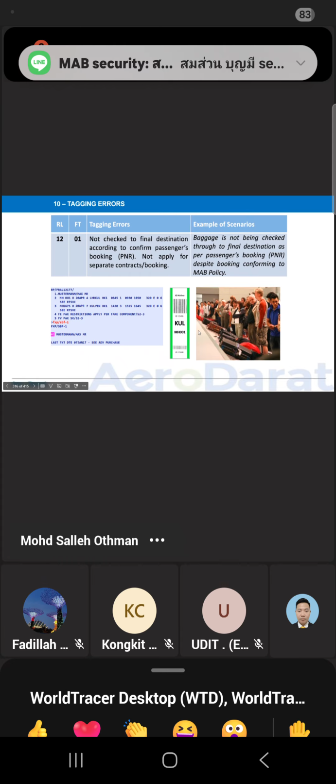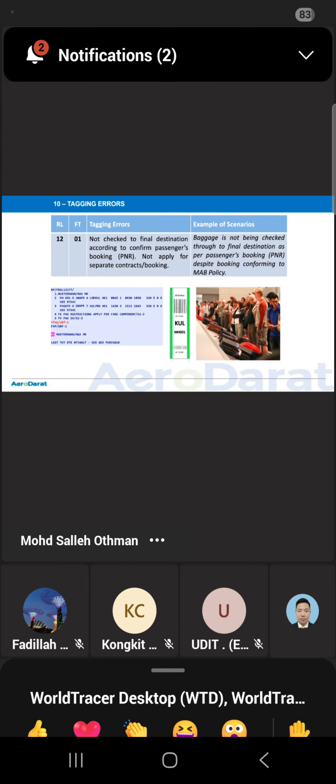So, okay, sir, have a nice flight to Penang. Okay, so we already checked your baggage straight to Penang, but it just printed out the baggage tag up to KL only. Okay. So if this happens, we put RL12, not checked to final destination. According to PAX PNR, Fort Terminal should put as 01. Okay.